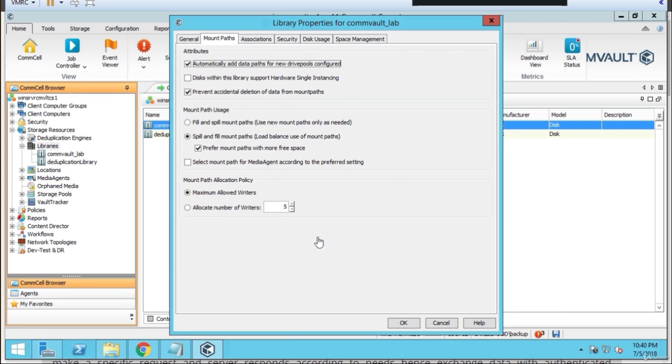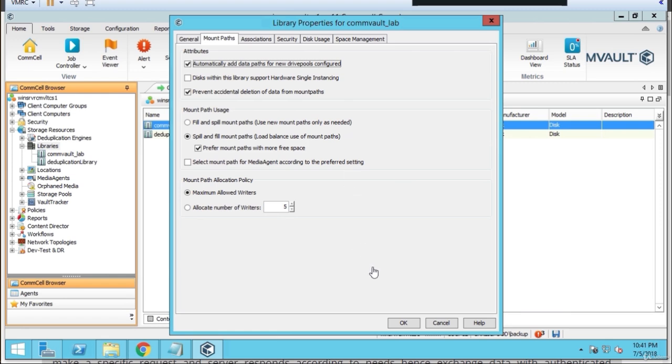So for instance, you might have, say, I don't know, 20, 30 concurrent sessions writing to the library at once. And this is okay, just however many you want, no worries. And you can lower it down to however many writers you want. Sometimes you'll do performance tuning in Commvault, and if you have an Oracle database or a SQL database, they'll say, okay, knock it down a little bit. Don't just max it out, because you're going to bog down your